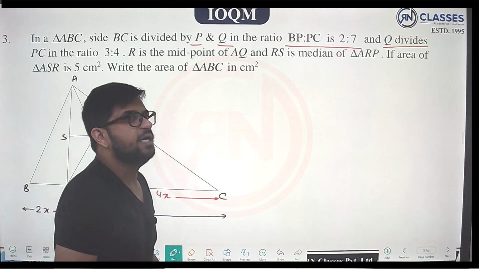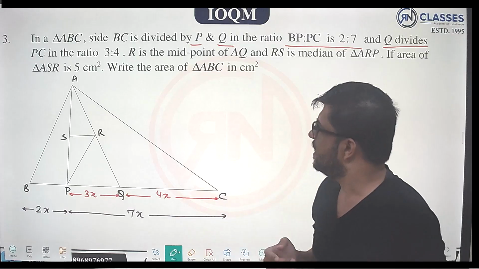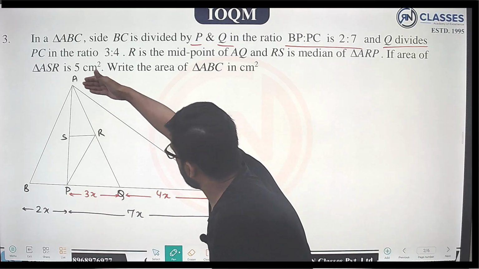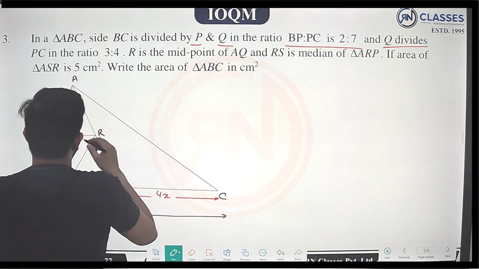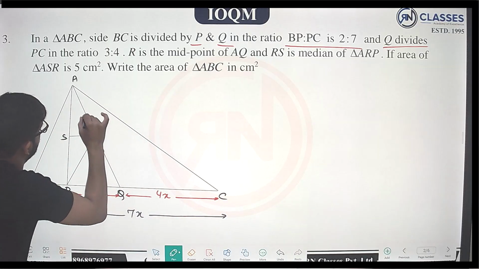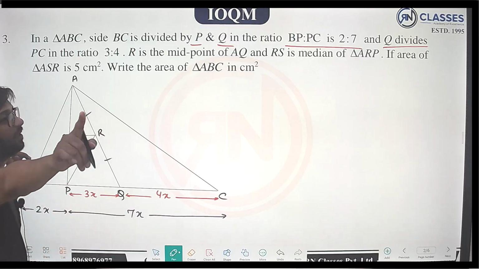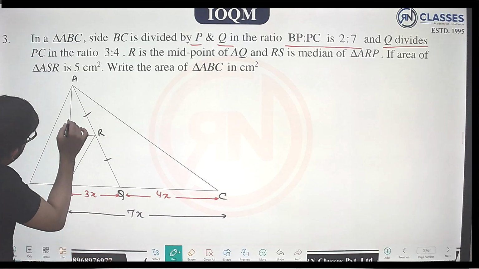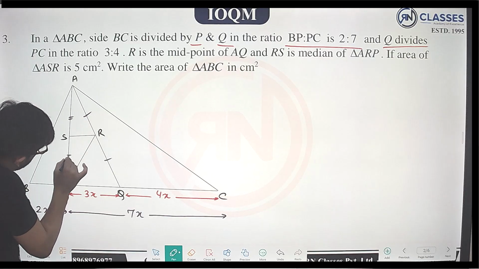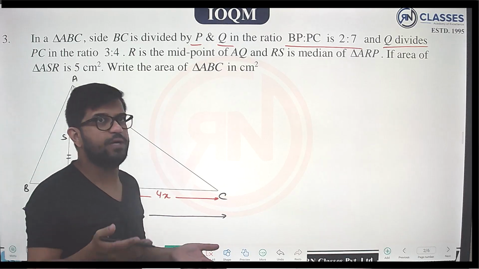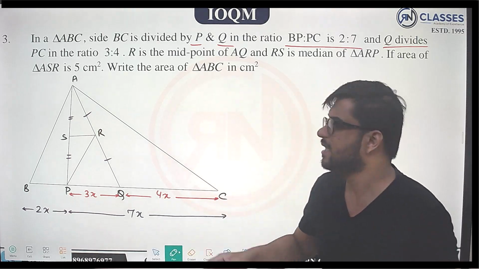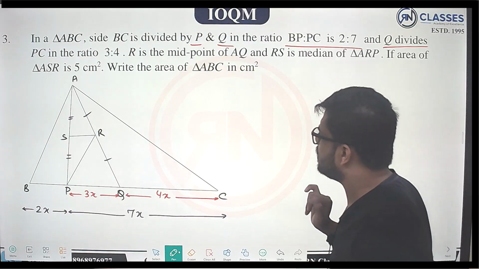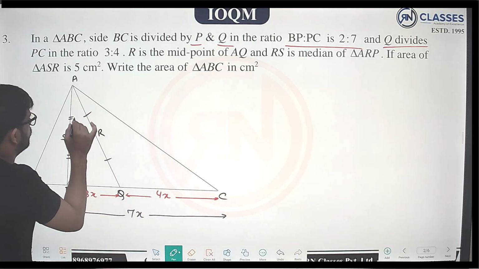इजी था क्वेश्चन, ठीक है। इसके बाद उसने एक चीज बोली, R is the mid point of AQ। R AQ का मिड पॉइंट है, मतलब कि PR मीडियन आ गया, तो मतलब कि ये पार्ट इस पार्ट के इक्वल है। एंड RS is the median, मतलब कि ये S डिवाइड करेगा, S वुड बी द मिड पॉइंट, जैसे R मिड पॉइंट वैसे S मिड पॉइंट। ये दोनों चीजें मैंने मार्क कर दी, ठीक है। उसके बाद बोला in triangle ASR, बीच में ही लिख देता हूं, दिस इज गिवन टू बी 5,